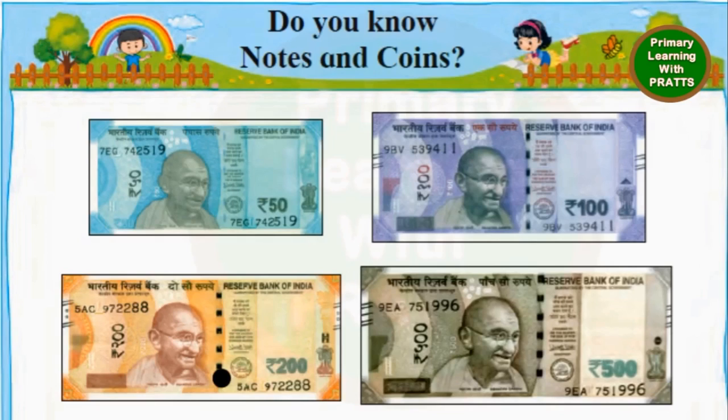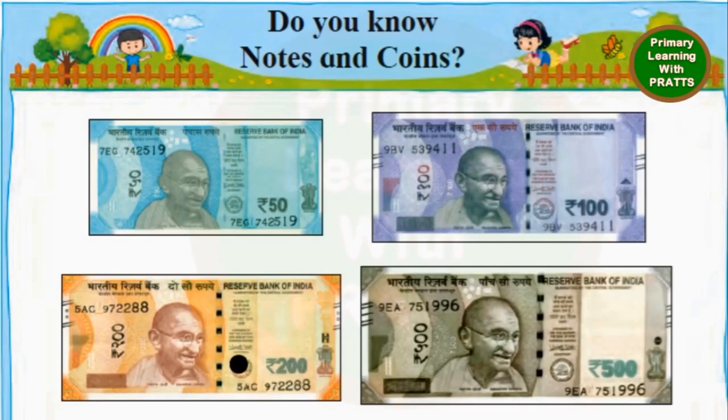You must try and find out the background image that is being used. What is special about these notes? How many places the denominations are written? Who issues these notes? The Reserve Bank of India. You will never find over here State Bank of India, Central Bank of India or IDBI Bank of India. No, the notes always are issued by the Reserve Bank of India. Then you will search for the governor's signature. Depending on who the governor was when this note was printed, the signatures are different. So you will see which governor's signature is there on the note.